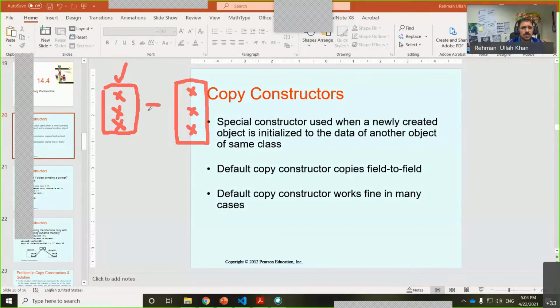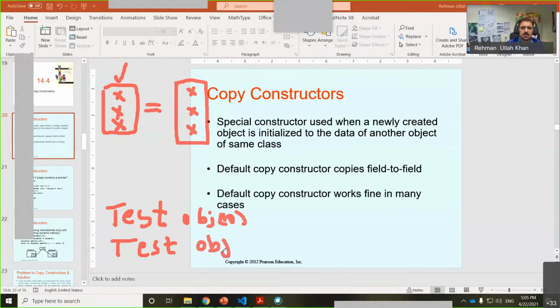So when we use the equal statement at the same time, for example, if we have a class Test, then Test obj1, which we have already created, and let's suppose its value is 10. Now we are creating another object, Test obj2.